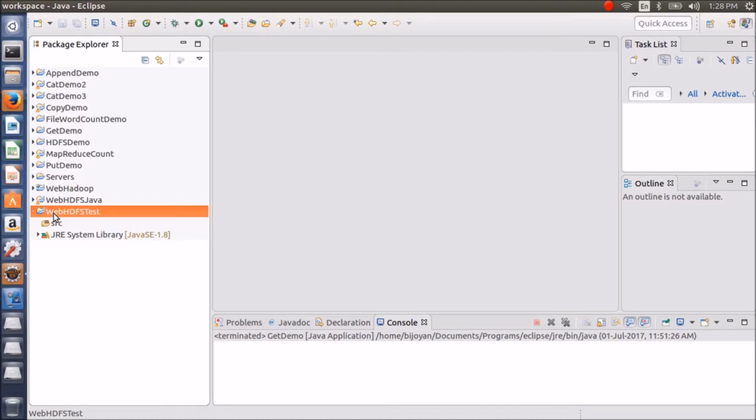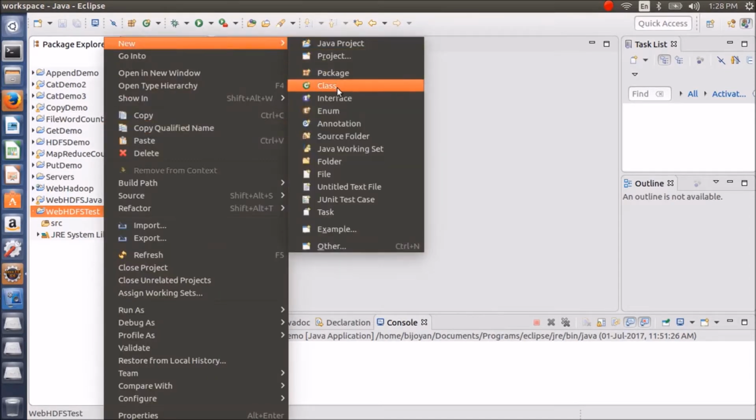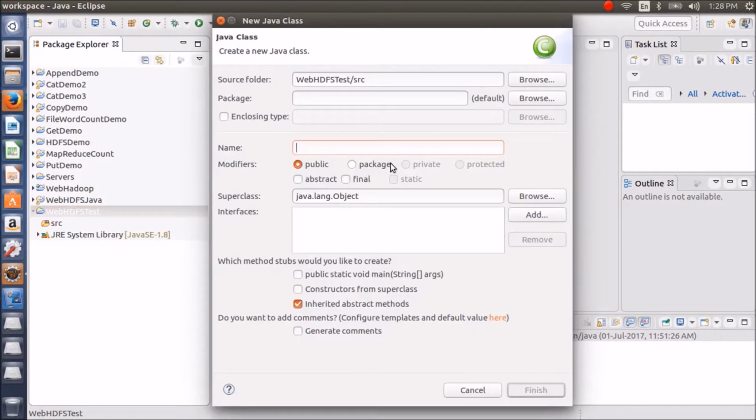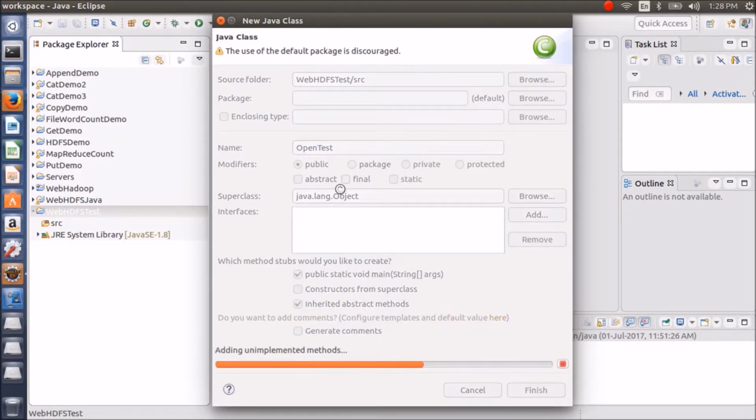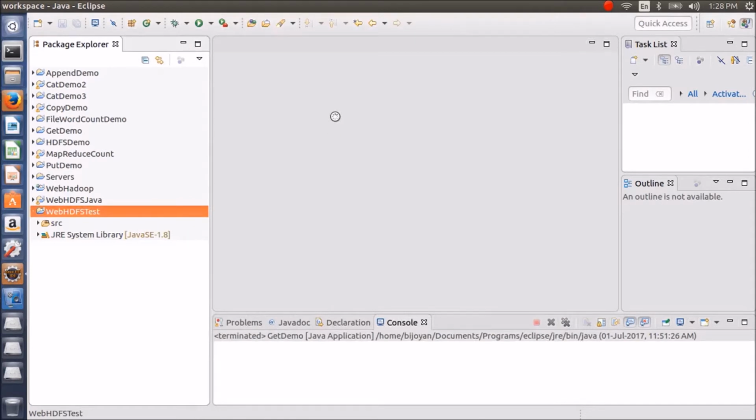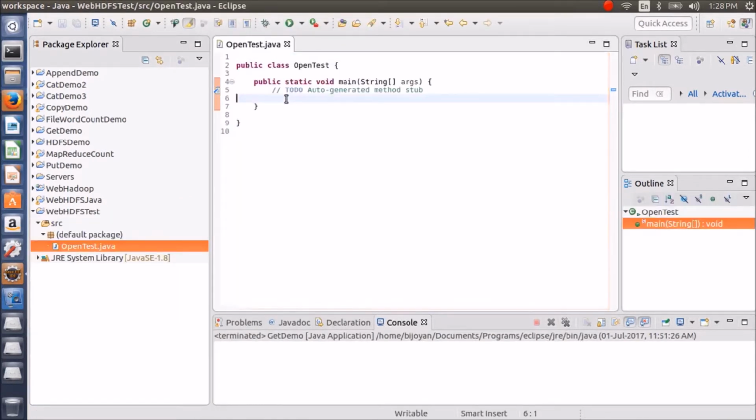Okay, so I'll just create a new class here, and let me just name it open test. I'll include a main method and open it. Okay, so now the first thing I have to do here is get a URL reference of the file that I want to open in the HDFS, right? So for that I'll just need to create an instance of the URL class like this, and here I need to provide the